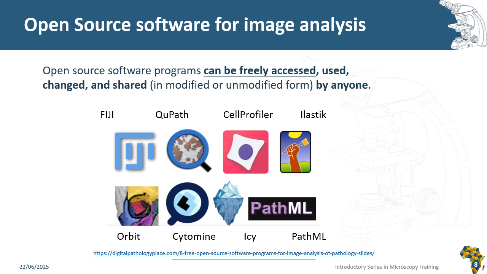There are some of them that are more used than the others, but these are the main ones: Fiji in particular, CellProfiler, and Icy. They all have some pros and cons. We are not going to discuss it, but you can imagine some of them are more useful for handling a